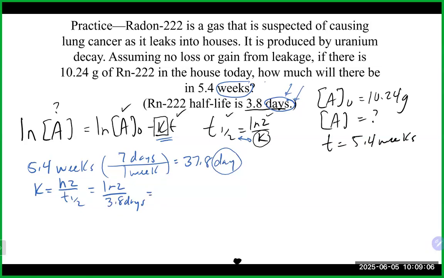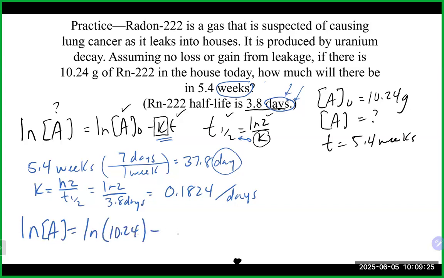And that will get me here, natural log of 2 divided by 3.8, which gets me 0.1824. Again, the units here are reciprocal days. Now I could put it into my equation. Natural log of A is equal to the natural log of 10.24 minus 0.1824 reciprocal days times my